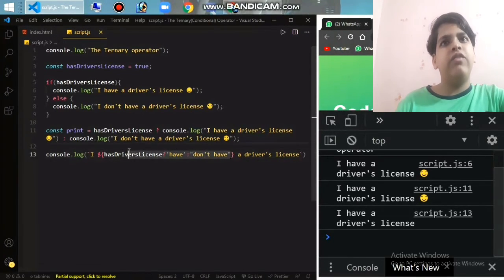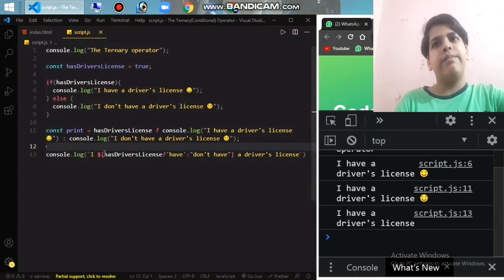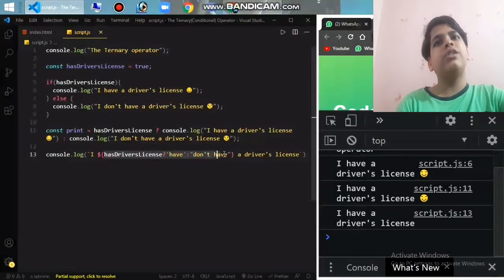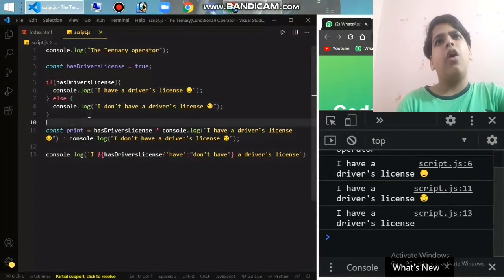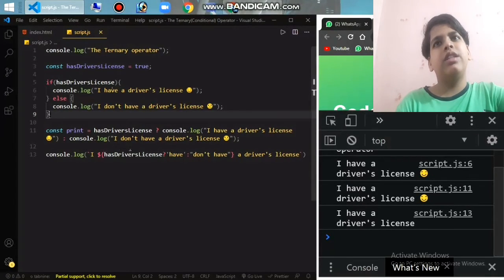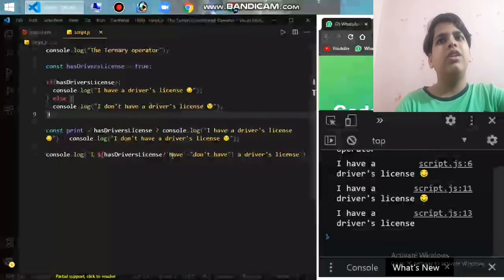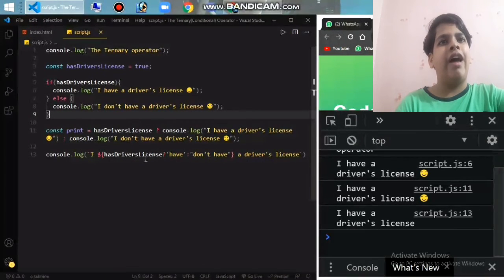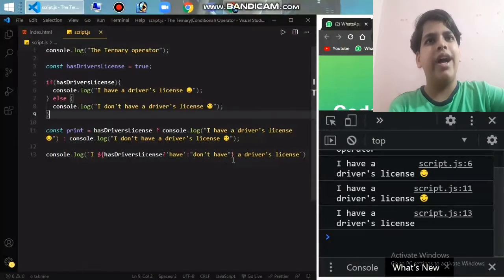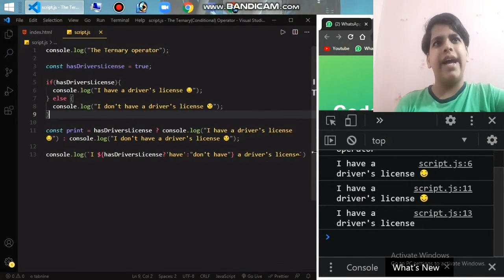Whereas you can't put an if-else block statement here. Why? Because it is a statement, not an expression. This is an expression, so it itself can return a value. And instead of writing this much, you can just change this one word, have and don't have. If I have it, then here "I have" will come, and if I don't have, "don't have" will come. So it was that simple.